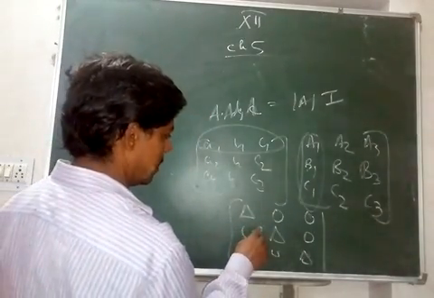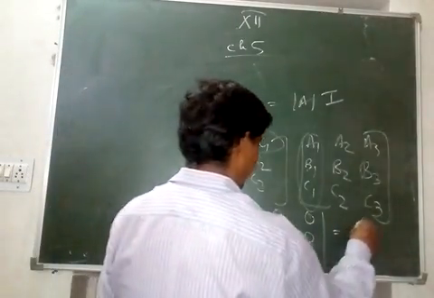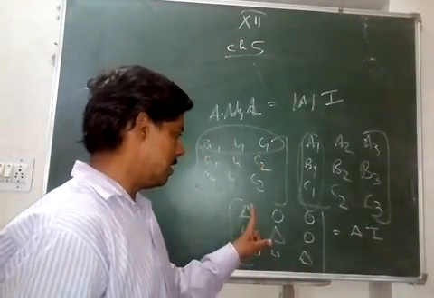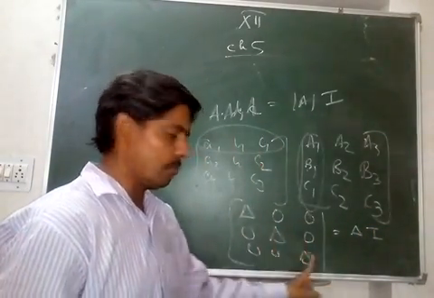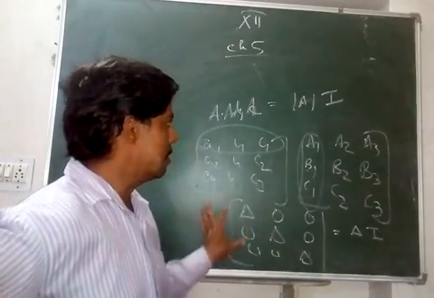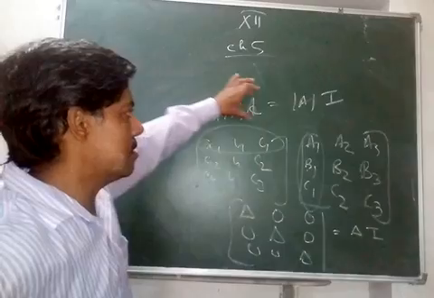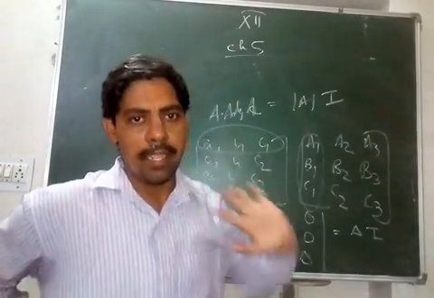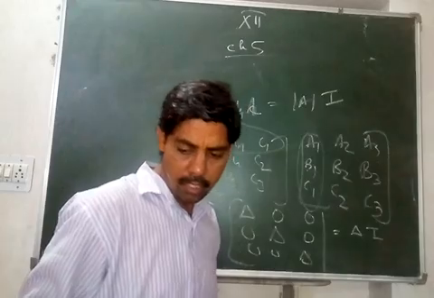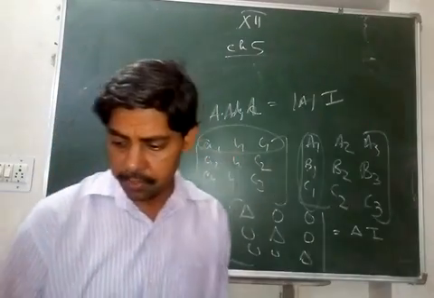So this is basically nothing but delta multiplied by the matrix I, because I is 1 0 0, 0 1 0, 0 0 1. So we can just multiply every term by delta, and this is what you get. So we have just proved that A into adjoint A is determinant A into I, right? Simple property, yes or no? So this is the first property you should understand.